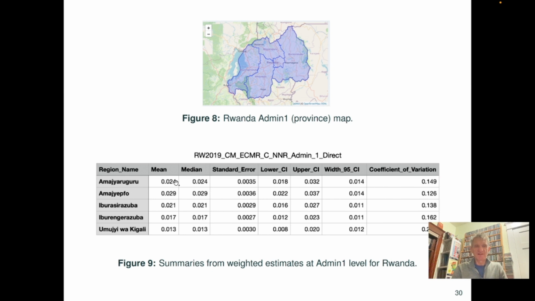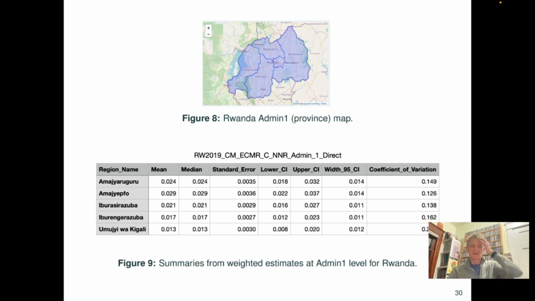And here's the mean estimates as we've seen before, ranging between 0.013 and 0.029. And then here's the standard errors. They look quite small, but here's the upper and lower confidence bands. The width of the confidence intervals are quite similar, even though the range of estimates is quite large. But we see the coefficient of variation has quite a lot of spread, ranging from 12.6% up to 24%. So a doubling in the precision across, as measured by the coefficient of variation,